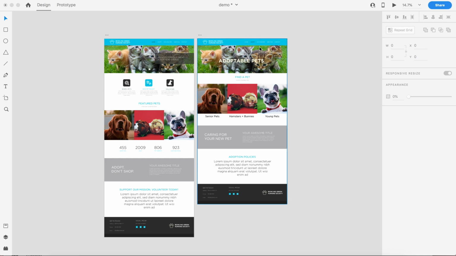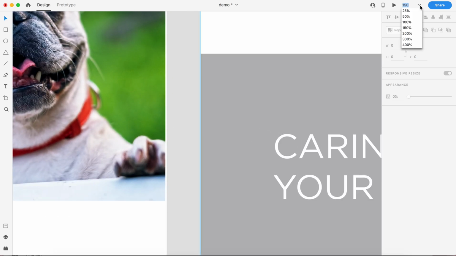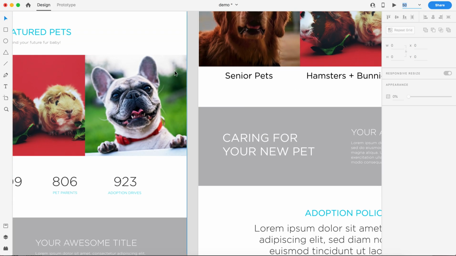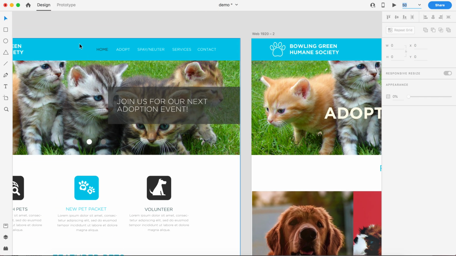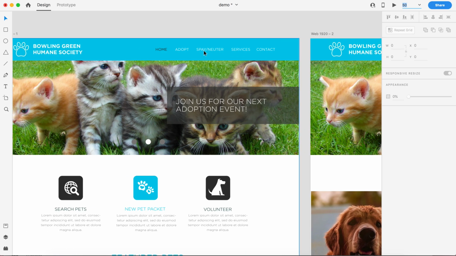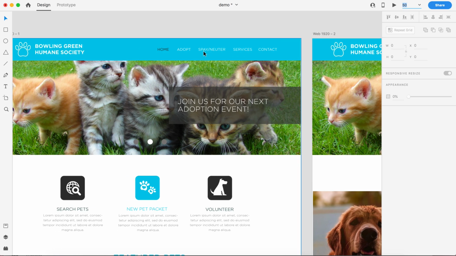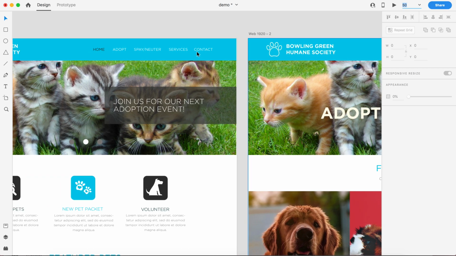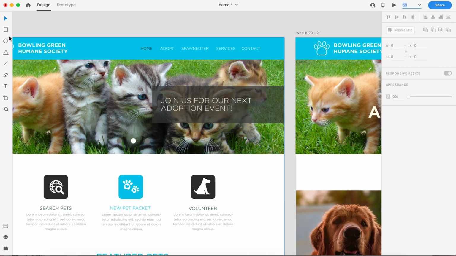Okay, so I'm actually going to zoom in here so you can see what's going on. All right, so currently I just have my flat static navigation bar and I want to create a button to go to the Adopt page. So I'm going to drag my